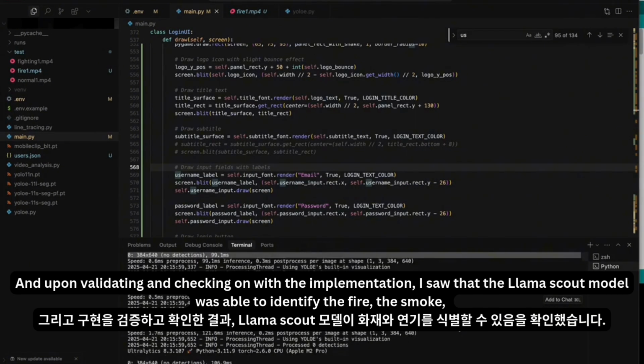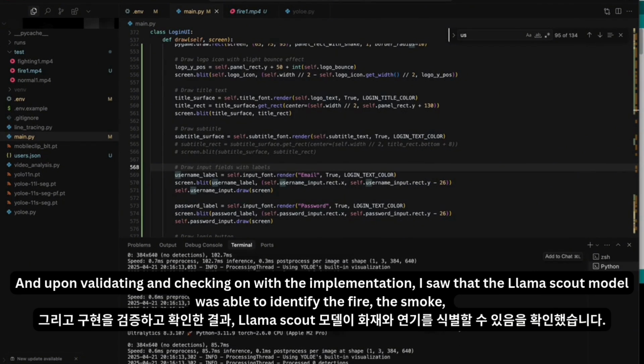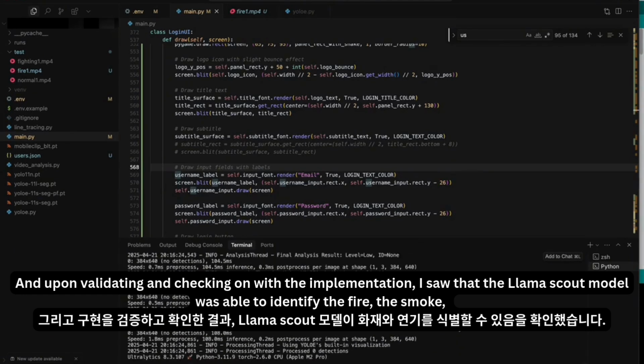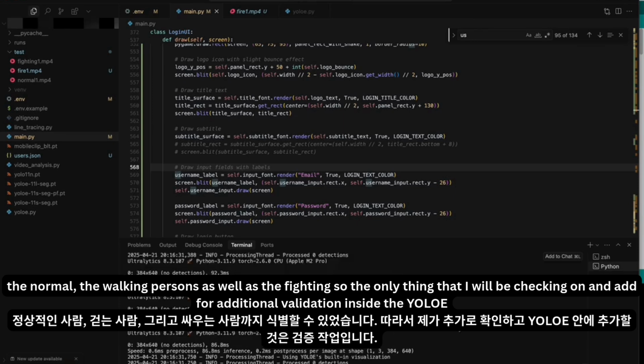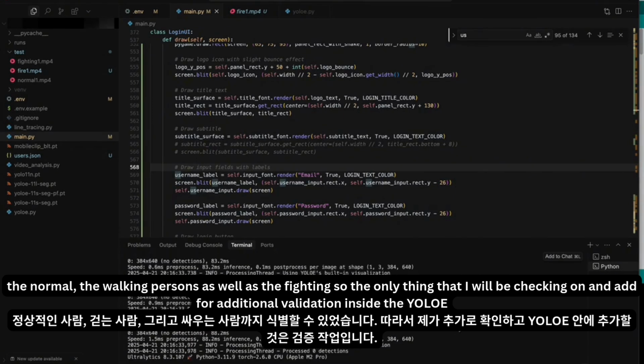Upon validating and checking the implementation, I saw that the Llama Scout model was able to identify the fire, the smoke, the normal visuals, the walking persons, as well as the fighting.